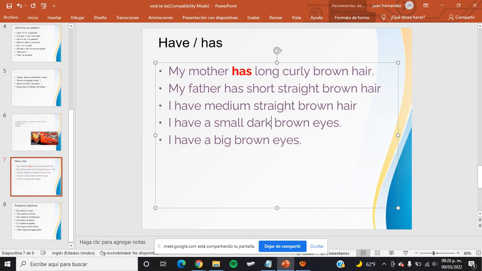Cada que quieras mencionar que es algo oscuro, ponle la palabra dark. Por ejemplo, blue, dark blue. El dark blue sería un azul oscuro o un azul marino. Y light, por ejemplo, si yo le cambio aquí la palabra a light, ya no sería un café oscuro, sería un café claro. Entonces, dark or light, you can use to talk about, in this case, the colors. What is the color? What is the intensity of the color? Following. I have a big brown nose. Yo tengo unos grandes ojos.